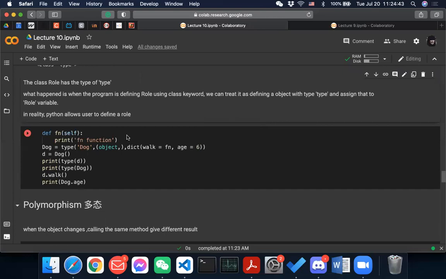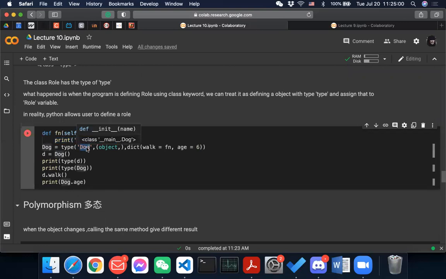So as you can see here, you have a function, which is called fn for now, and then you print in the function, and then you can have dog equal to type, and then you use single quotes to write 'dog', and then this is what